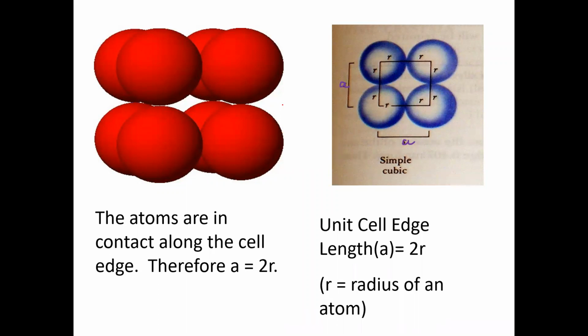Now this is one not sliced. It's not a sliced cube. It's an unsliced unit cell that has been isolated, which is not possible, but isolated for study purposes. But if you look at one face, 2r is equal to the edge length a, and we know how to calculate all these.